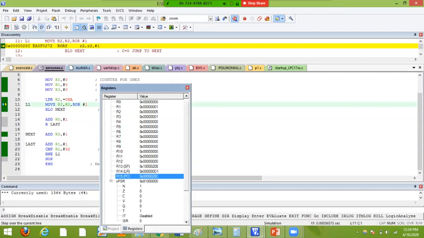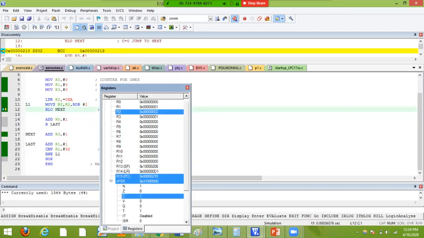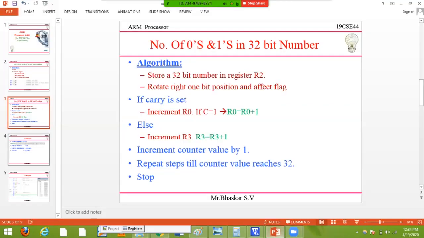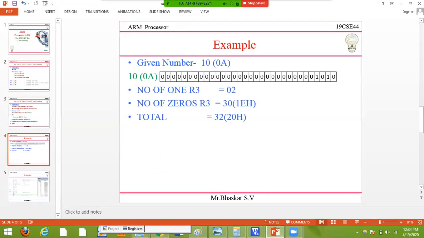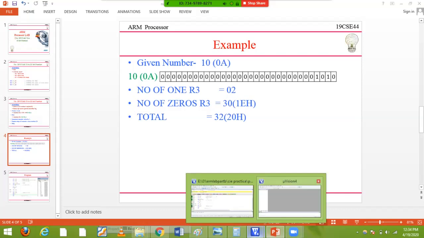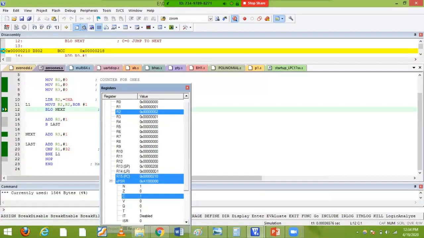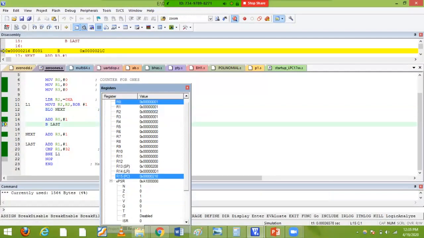Let's see how my APSR changes. See, the carry flag becomes 1 because now a 1 has come out. So for 1010, first 0 comes out, already shown here. In this example, first 0 comes out, next 1 comes out. 0 coming out means carry 0. Next, 101 becomes 5, and the value 1 comes out, that's why my carry flag is set now. Okay, if it is set, then the count will increase. This R0 count will increase. Just see, R0 count increases and becomes 1.